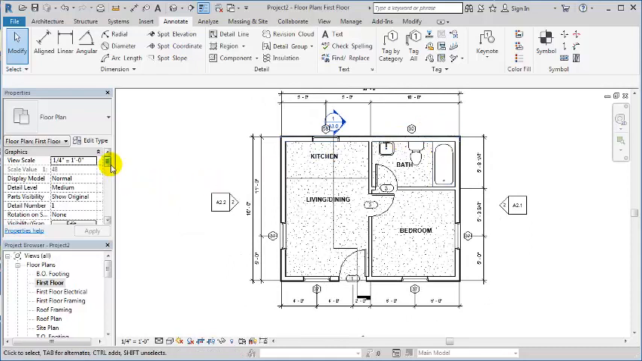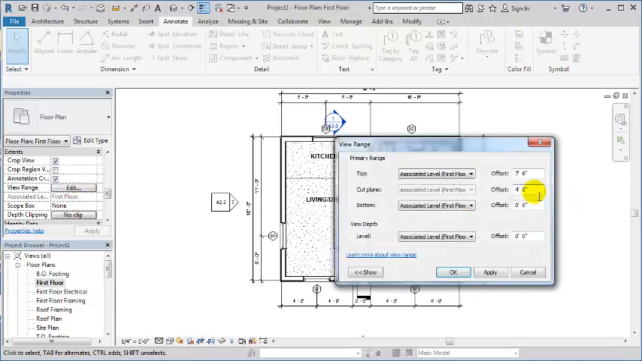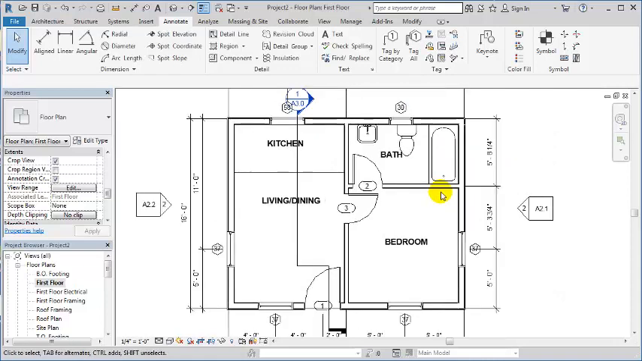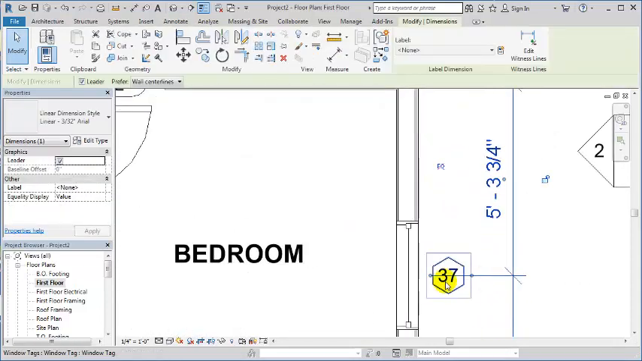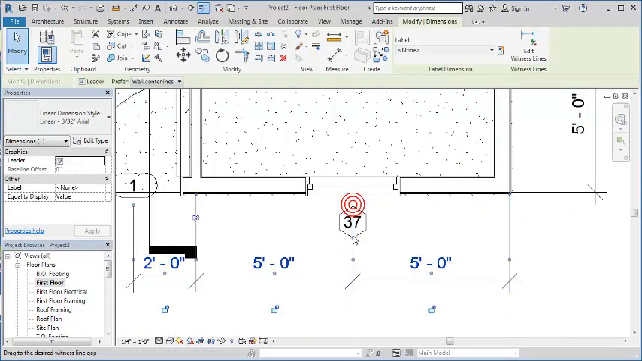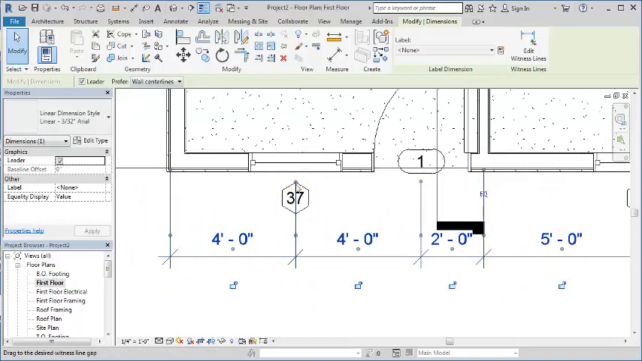So let's fix that situation. We want to go to our view range under properties. Make sure nothing is selected, and you'll see the same settings over here. So find view range, where it says floor plan, edit, and let's raise that cut plane to 5 feet. See if that corrects the problem, and it does. Okay, so I'm just going to go around and adjust the extension lines so that they don't run over the